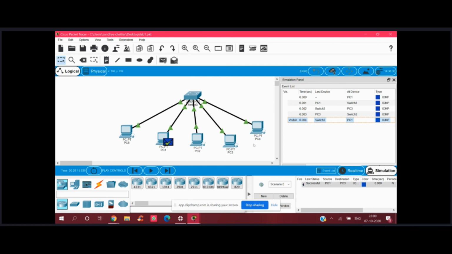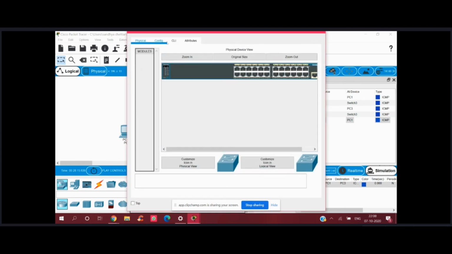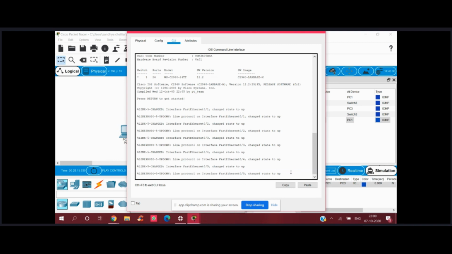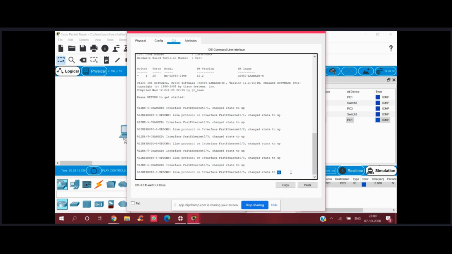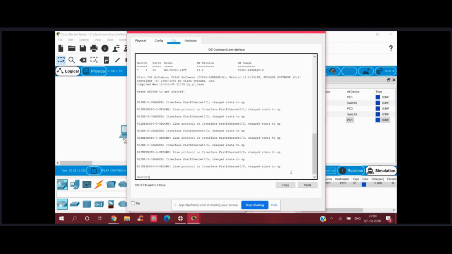Now if you want to see the configuration table, you just have to click on this and go to CLI and press enter.